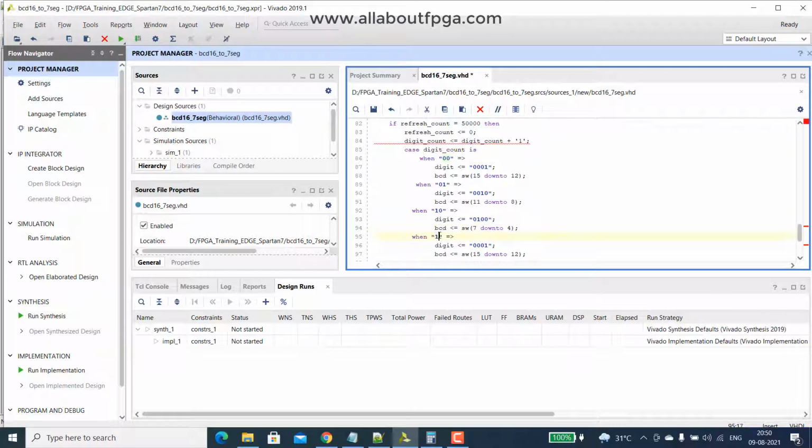Then when it is 11, we have the fourth digit enabled with 3 down to 0. Right, so we have all these conditions.